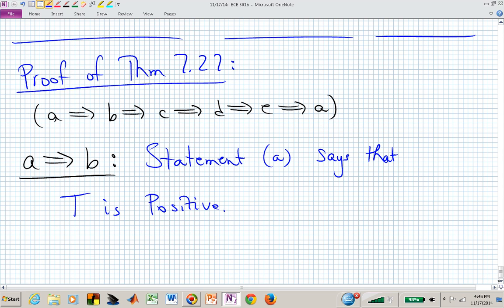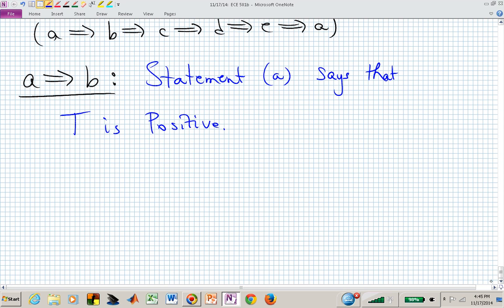And the reason why we're going through this is because actually some of these equivalences or implications are constructive, and we'll actually use some of these construction techniques later on to build up square roots, etc. So statement A says that T is positive,